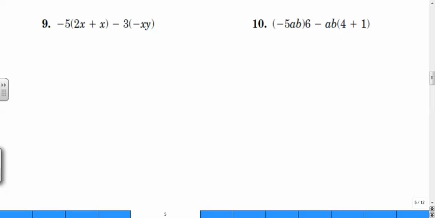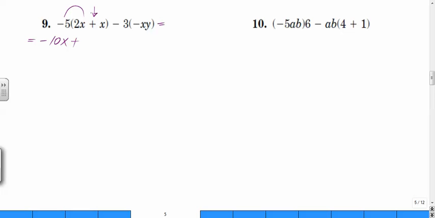Alright, problem number 9. We have to simplify. To simplify here, as you guys can see, we have to use the distributive property and follow each step. Make sure we're aware of the signs, and then combine any like terms if possible. First one, negative 5 times 2x, right? Because I'm taking this negative 5 and I'm multiplying it to everything inside the parentheses. Negative 5 times 2x would be negative 5 times 2, obviously would be negative 10x. Next,